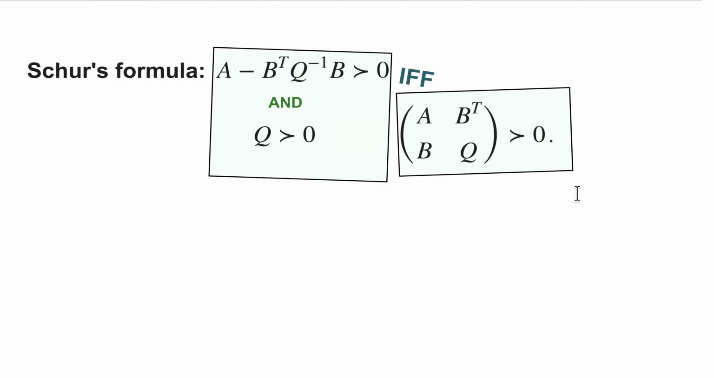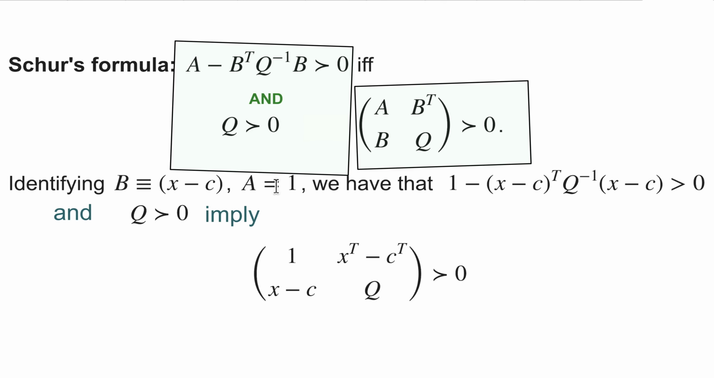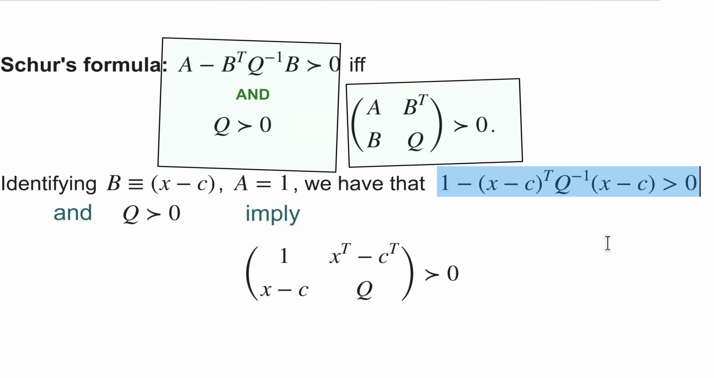And we will use what is called the Schur formula, that says that if I have this matrix inequality, this thing, and Q positive definite, this thing is equivalent to this thing. Of course, proving this is not the goal here. We are using this in our ellipsoid definition as this. This is my ellipsoid,